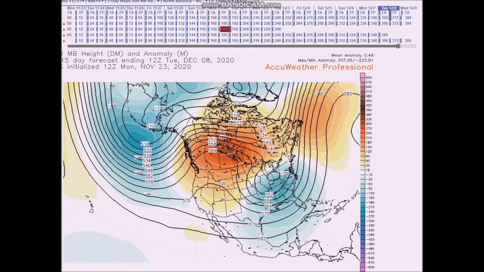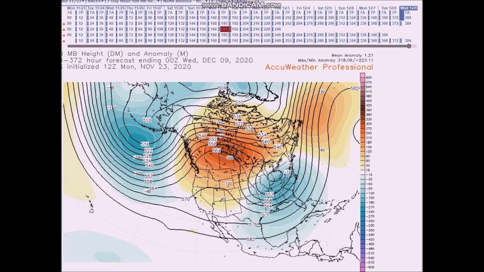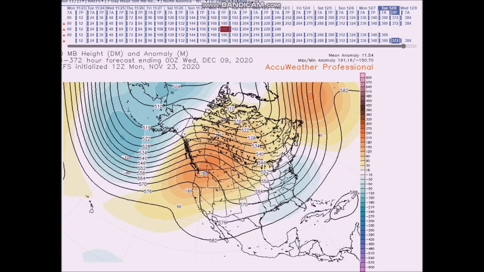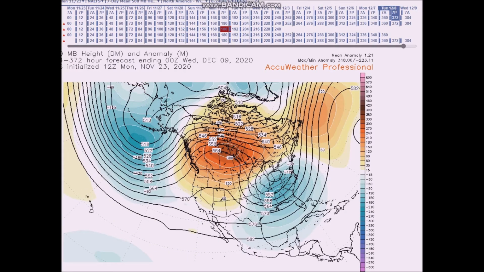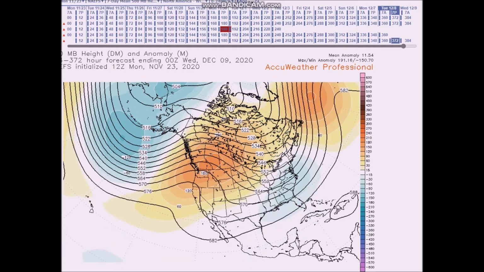As we go into the end of the period, this will be December 6th to the 10th. You can see we have this upper low here in the Ohio Valley, a deep trough here in the east. It's kind of a split flow. Here's the northern stream, the southern stream. We have above normal heights across much of Canada into the western Atlantic, and we have our trough or upper low over the Northeast Pacific. And the models look like they're in pretty good agreement with this. They have a trough somewhere in the east, either across the southeast or more like covering the entire eastern U.S. So I think this is how the pattern's going to look.